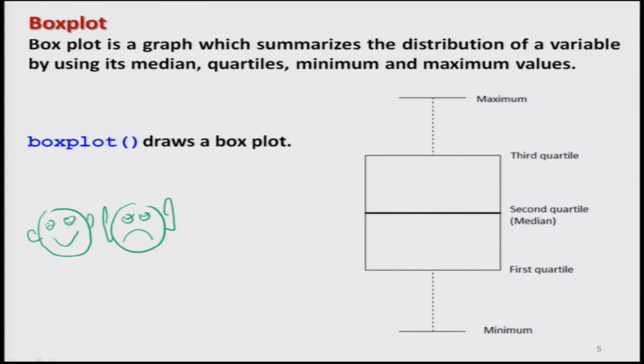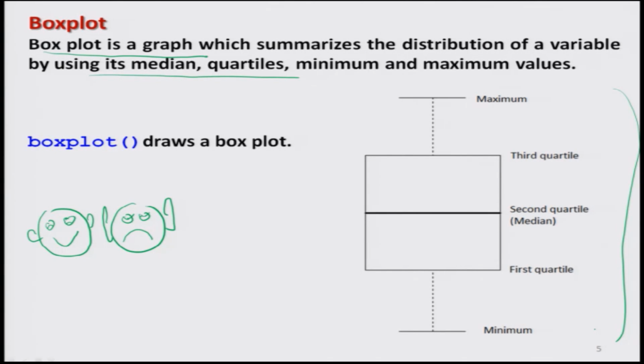The same concept is translated to a graphic called a box plot. Box plot is a graph which summarizes all this information, whatever we have got using the summary, like median, quartiles, minimum, maximum, mean, everything in the same graphic. And this looks like this over here, you can see here, this is the box plot,